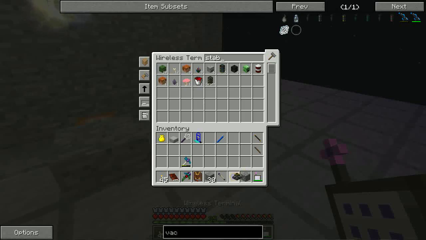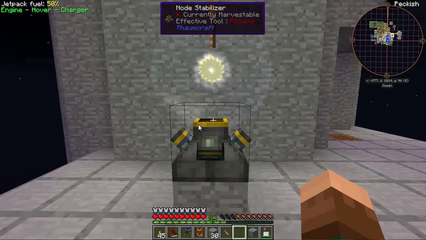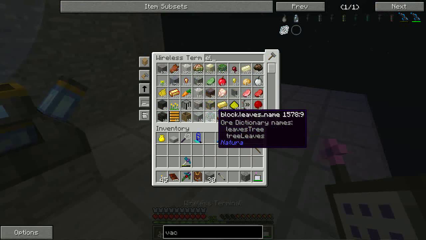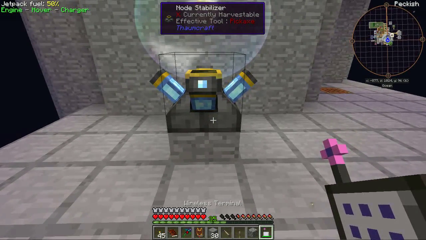into a stabilized node. So let's break this guy, go in the ME system, and so I already took the time to kind of craft out in the infusion area one of these node stabilizers. Great. Alright, so what I'm going to need to do is get a lever and basically give this